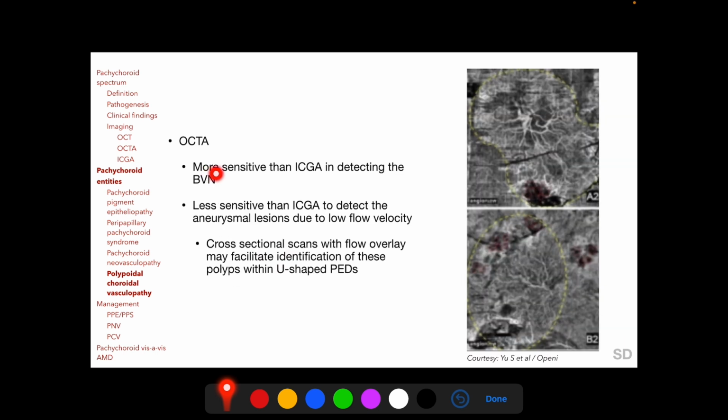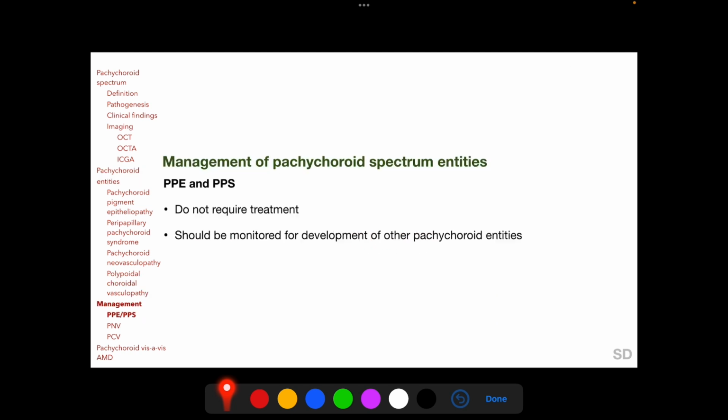OCTA is said to be more sensitive than indocyanine green angiography in detecting the branching vascular network as seen here in this photograph, but is less sensitive than indocyanine green angiography to detect the aneurysmal lesions because of low flow velocity within the aneurysms. Pachychoroid pigment epitheliopathy and peripapillary pachychoroid syndrome do not require any treatment and should be monitored